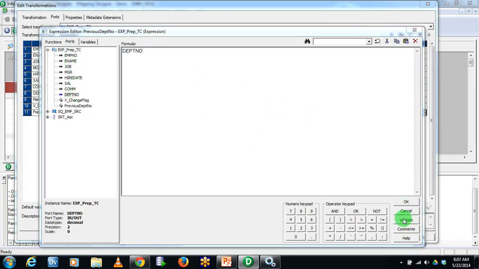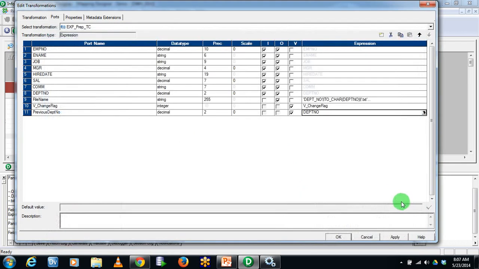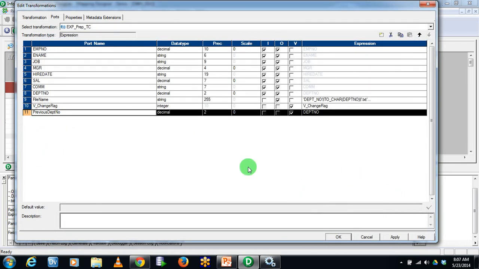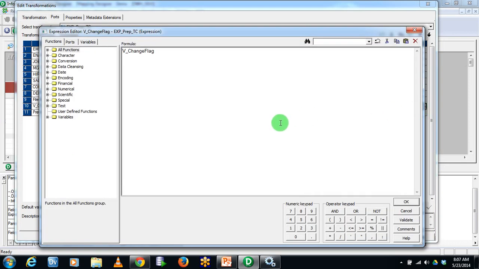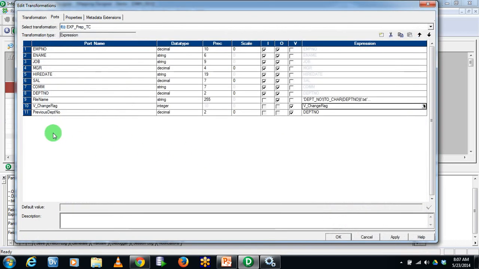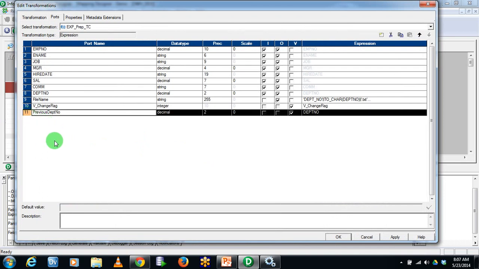So what are we doing here? We are actually saving the department number in this variable, which we are passing to the previous check flag to see if it is the same. So what will happen? For the first record, this will always be null, right? Second record, when the second record comes in,